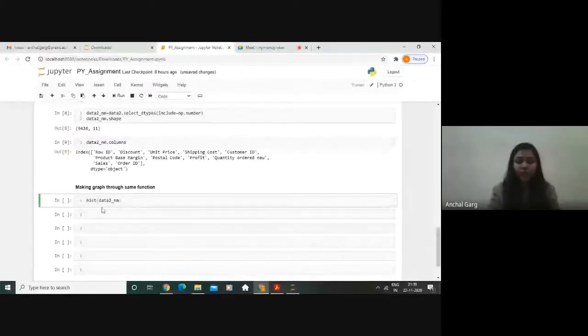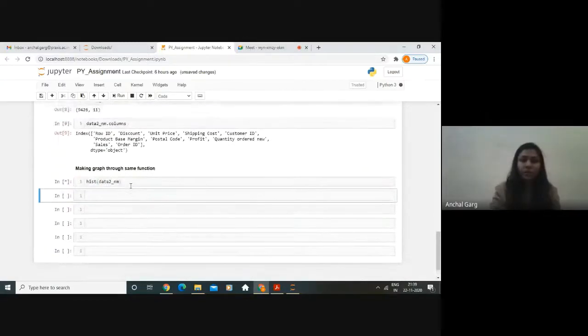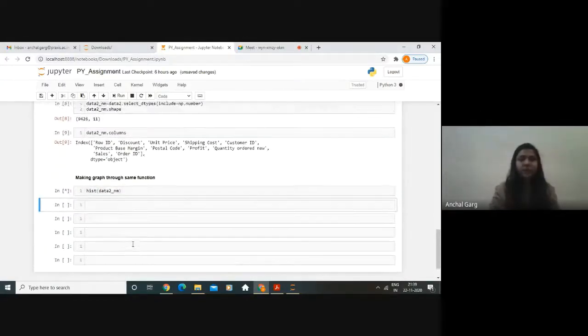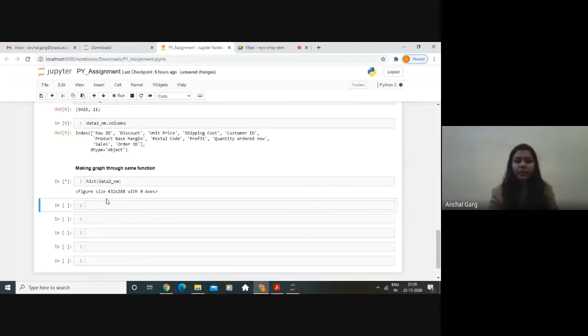Let's call the histogram for another data. Since I have named another data as data 2, let's call the histograms. This is also going to take a little while, a few seconds. Yeah, so it has defined the figure size like it did with the previous data set.